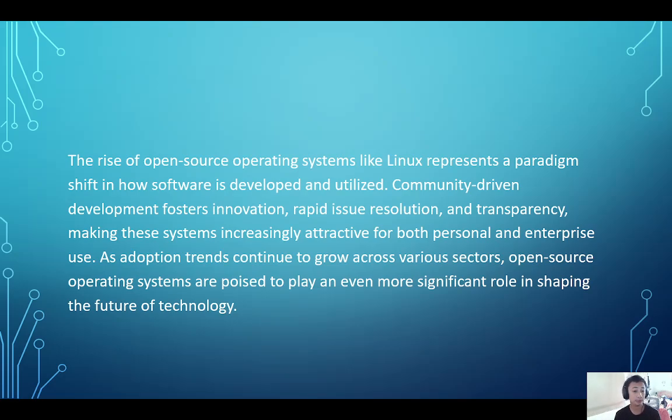Community-driven development fosters innovation, rapid issue resolution, and transparency, making these systems increasingly attractive for both personal and enterprise use. As adoption trends continue to grow across various sectors, open source operating systems are poised to play an even more significant role in shaping the future of technology.